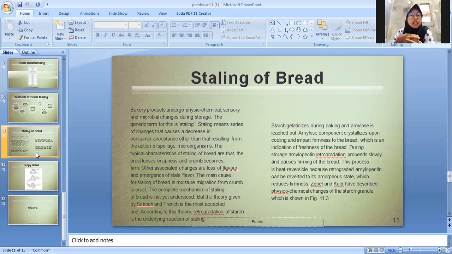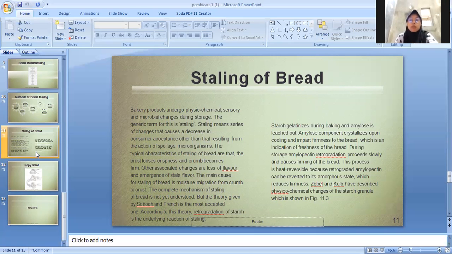The typical characteristics of staling of bread are that the crust loses crispness and the crumb becomes firm. Other associated changes are loss of flavor and emergence of stale flavor. The main cause for staling of bread is moisture migration from crumb